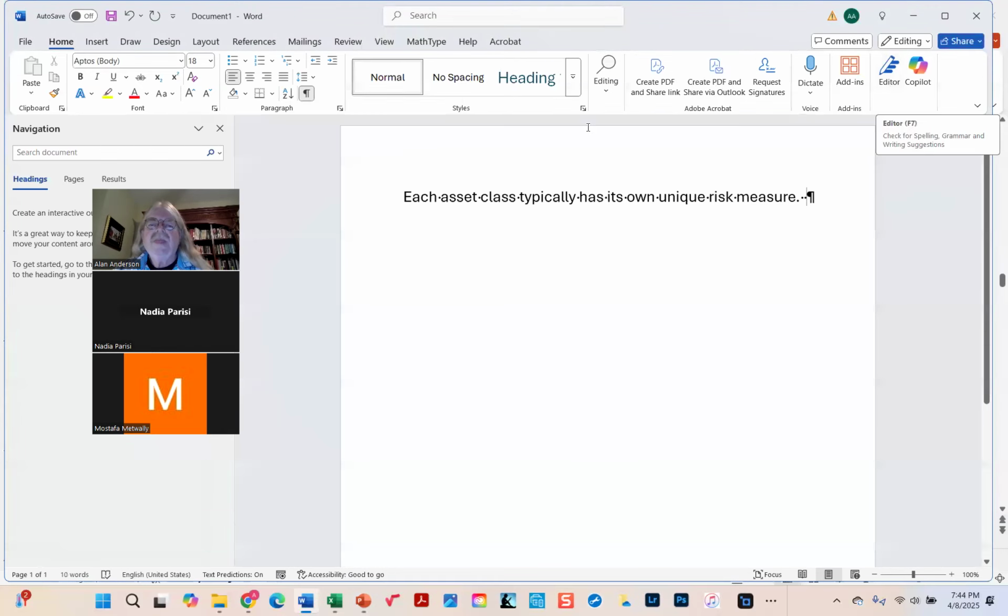This is Teams. I have Microsoft Teams in this thing, and for the life of me, I can't figure out how to get rid of it. But anyway,